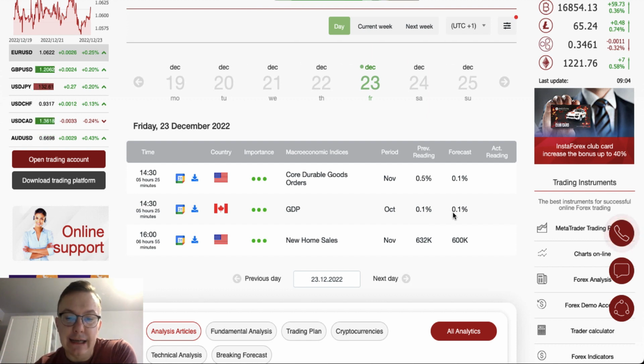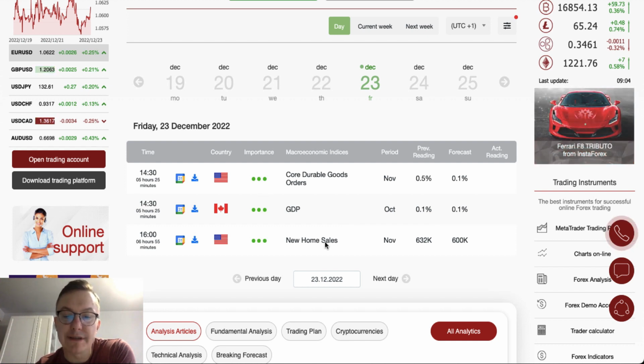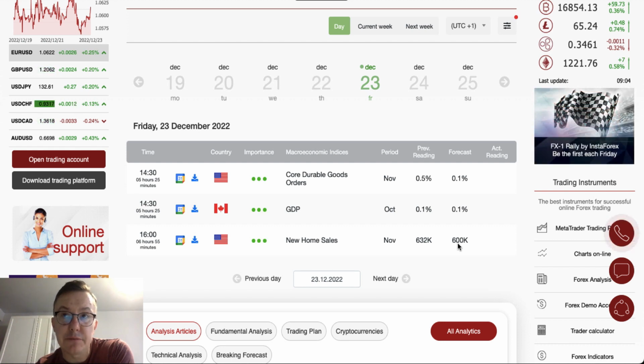And the last very important data for today, new home sales from the US scheduled for release at 4 o'clock. And we have a drop here as well from 632,000 to 600,000. That's the forecast of the new home sales in the US for the month of November. So not that busy a calendar. Well, we are just before the Christmas, so don't expect too much volatility on